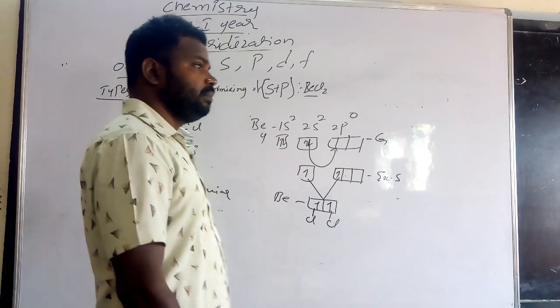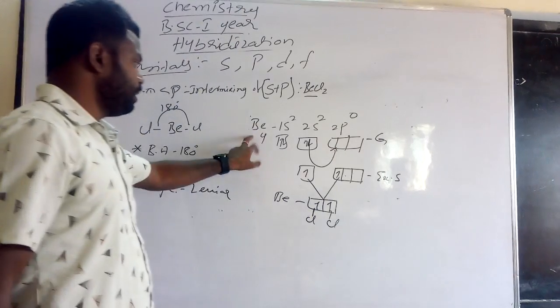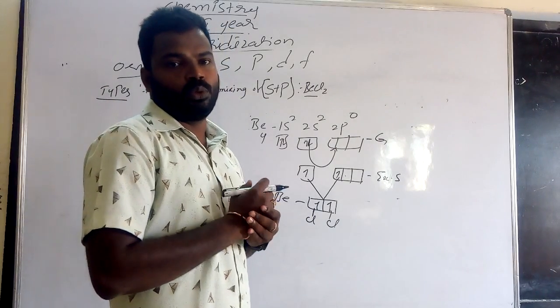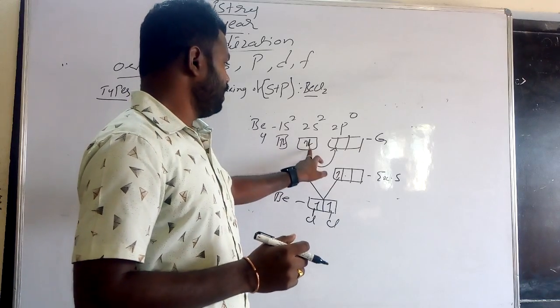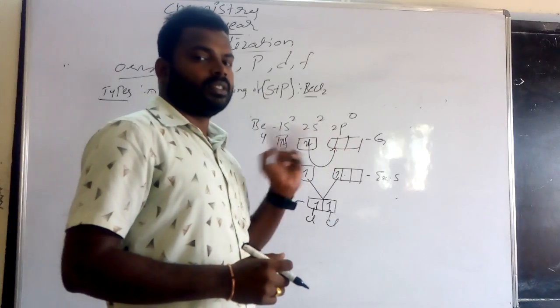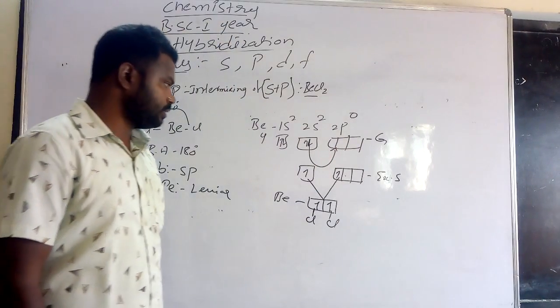Every beryllium atom reacts with two chlorines, so the center atom is beryllium. Beryllium atomic number 4. Electronic configuration is 1s2, 2s2, 2p0. Here all are paired electrons, but beryllium reacts with two chlorines, so we want two unpaired electrons. So now